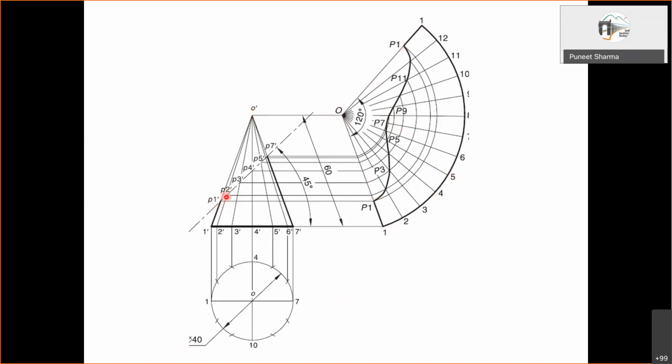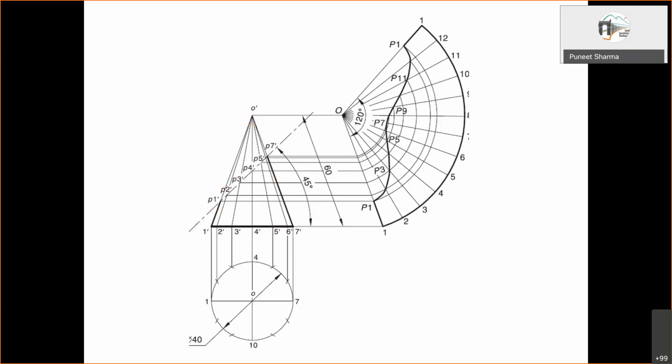For this P2, if you measure the distance from this O up to this P2, this is not the true length. So what we have to do is project this point onto this side generator, either on O1 or on O7.